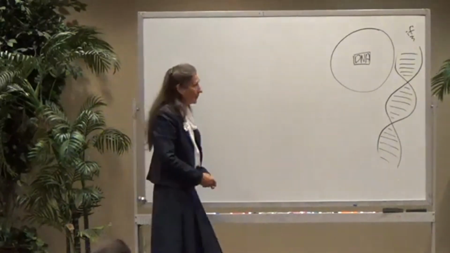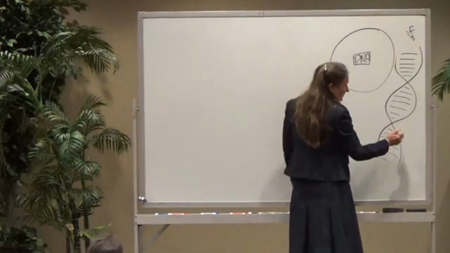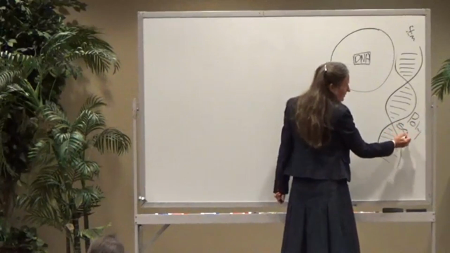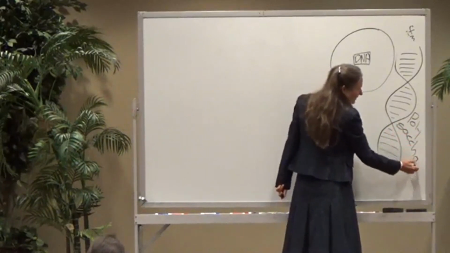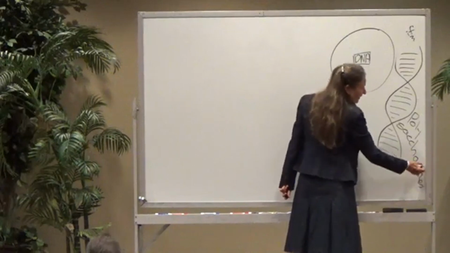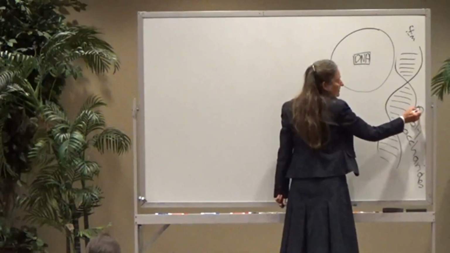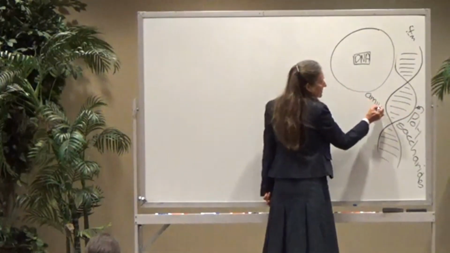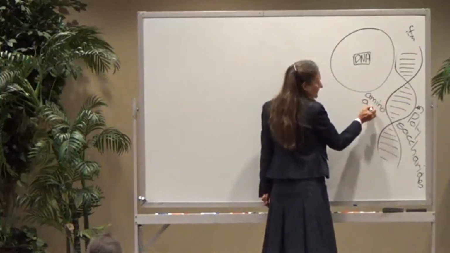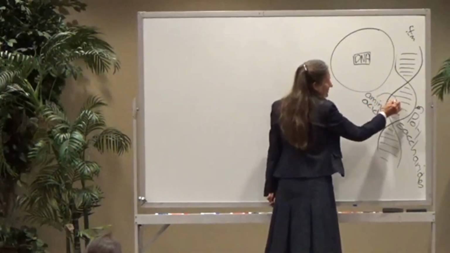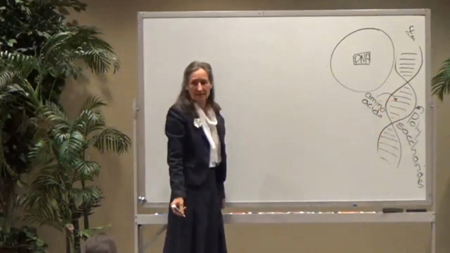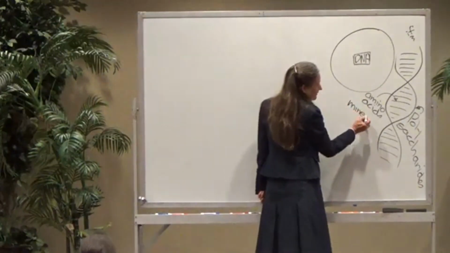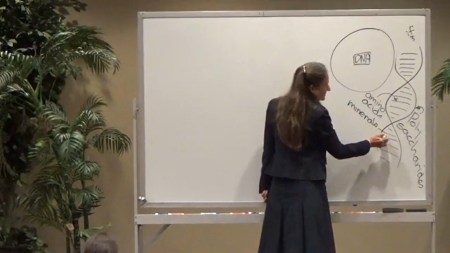What's the DNA made up of? The outside strands are made up of polysaccharides. Sounds like a complicated word, but it actually isn't. Polysaccharides just means many sugars. And everything we eat is made up of many sugars. The crosswood bands is made up of amino acids. And amino acids is a breakdown from the protein that we eat. So my amino acids came from my nuts that I ate this morning. And it's all glued together by minerals. Minerals is the glue that holds us together.